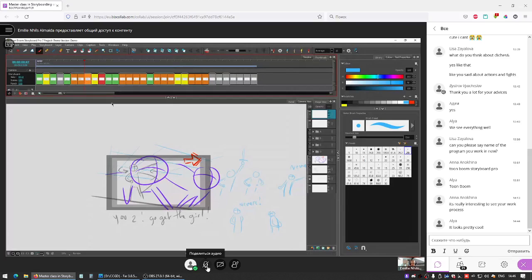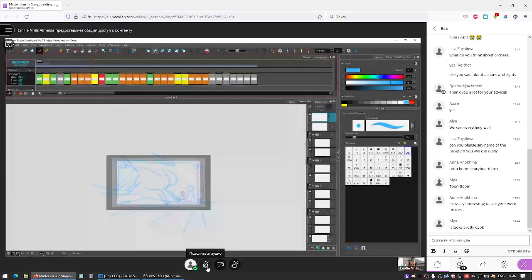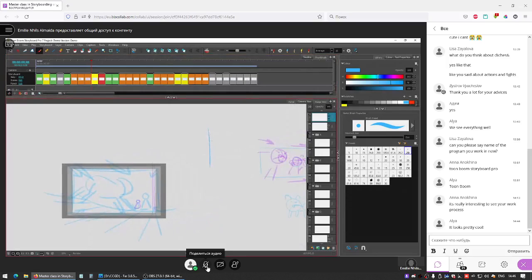But if you want to add even more information about where they're standing, either you change this shot to have